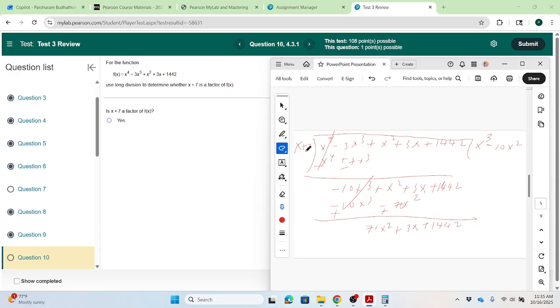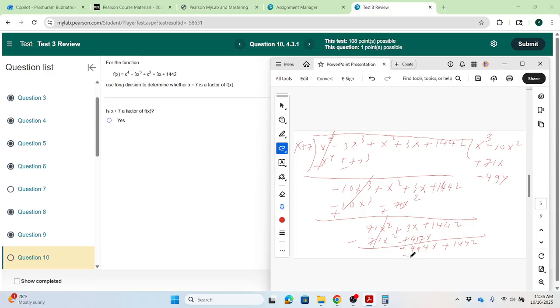One more time, divide 71x squared by x. That will be 71x. So that will be 71x squared plus 7 times 1 is 7. 7 times 7 is 49x. And then change the sign. It will be negative 494x plus 1442, and then if you divide the leading term by x, it would be negative 494, and then